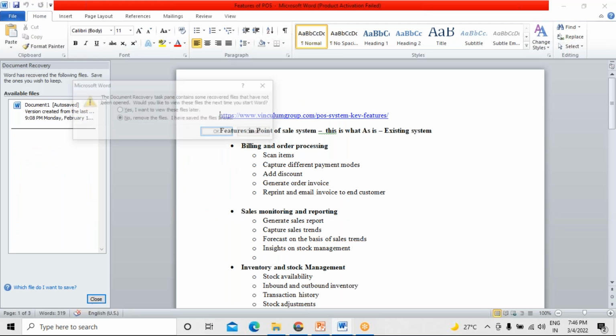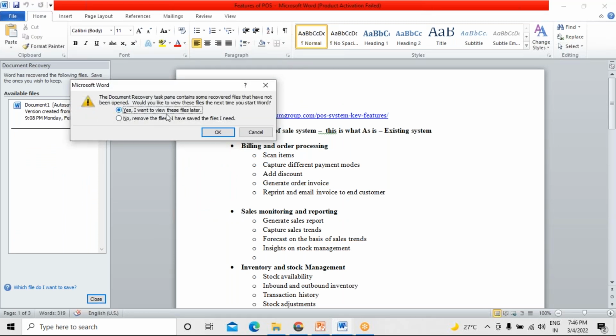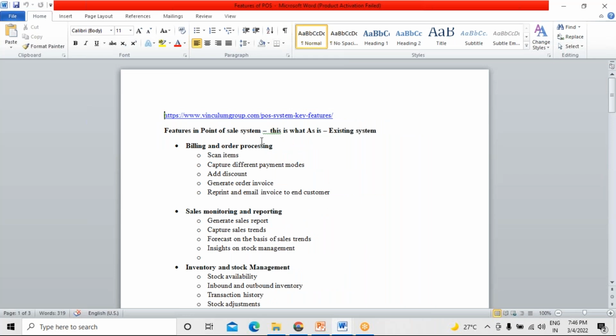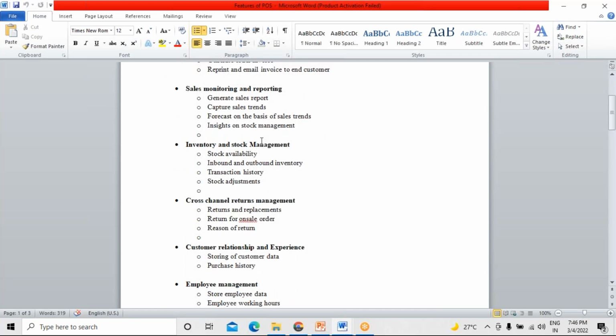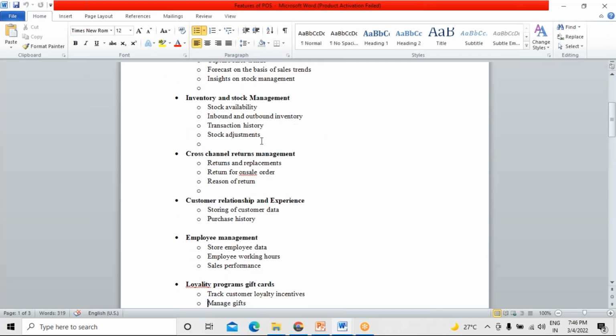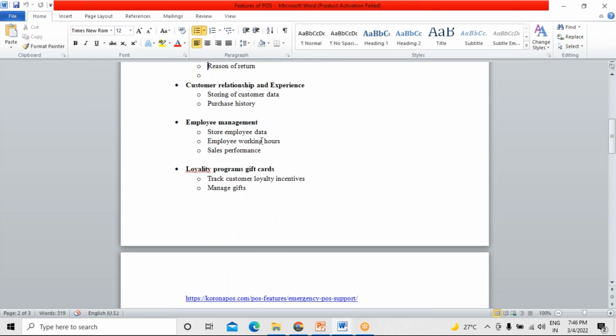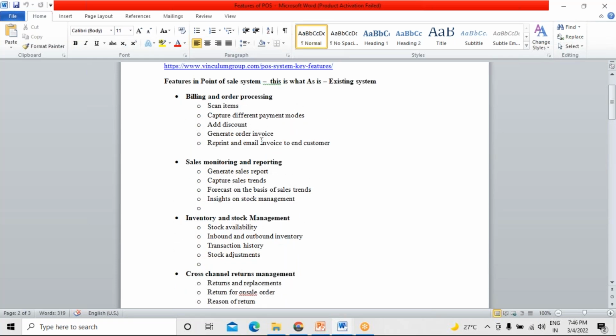The features are as follows. One is billing. Second, sales monitoring, inventory management and stock, cross-channel returns, customer relationship, employee management, employee loyalty program. These are the different features, or you can call them epics.